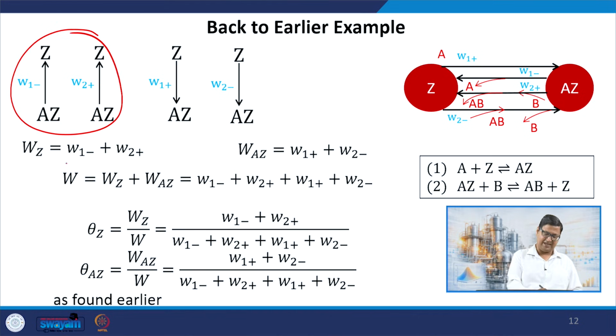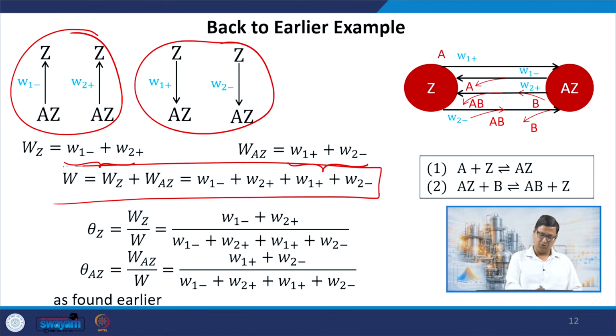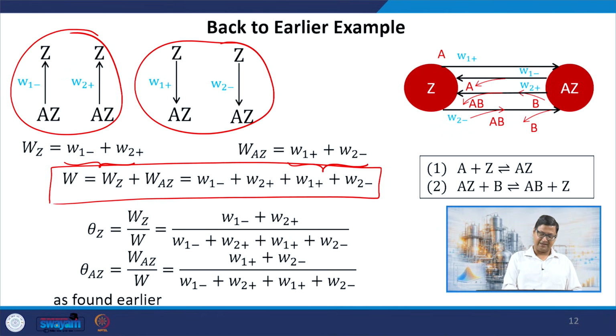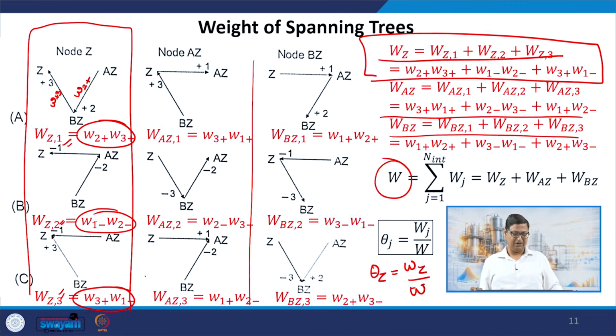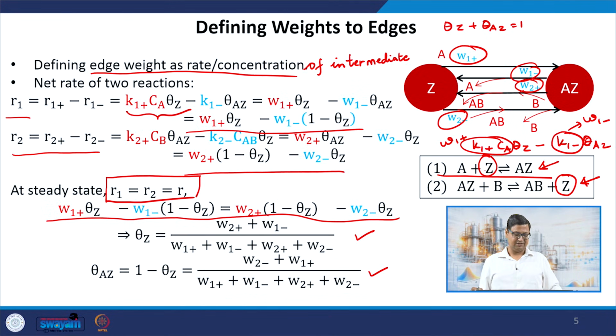So I will add the weights for the two reactions. Similarly, for AZ, I have two reactions, so I can add the weight for the two reactions. By summing these two, I can get the total weight W. And now, using the formula I have described, I can get theta Z as WZ by W and theta AZ as WAZ by W. And we can go back and see that